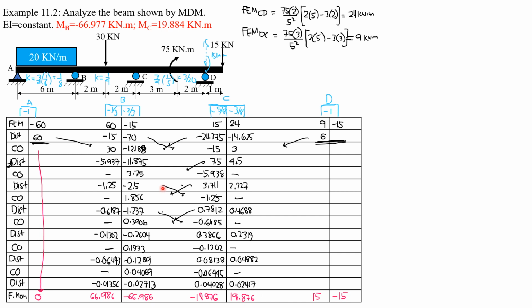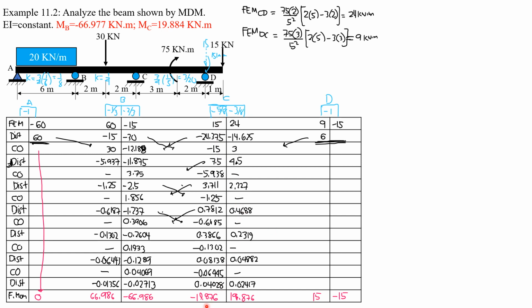These are in kilonewton meter. Then we add the column values here, 66.986. In this column here, they should be equal numerically. Negative 66.986. So it's very close to that answer. The reason why they are not exactly the same is because this method is approximate method. If you continue, add more columns or rows rather, let us say you add 3 rows or 6 rows, then definitely you will arrive at the same or almost the same answers.